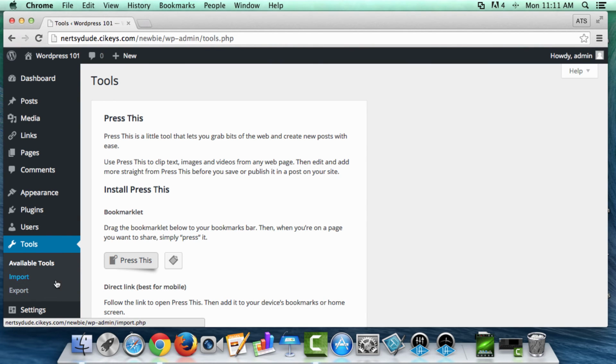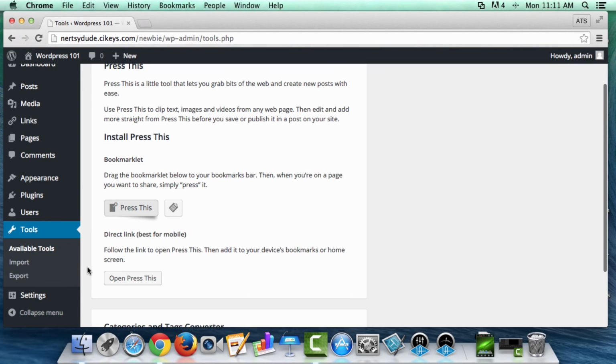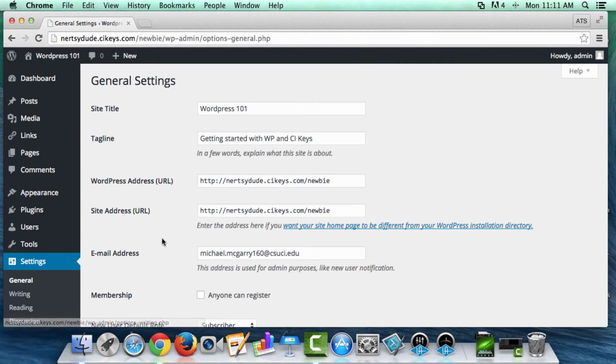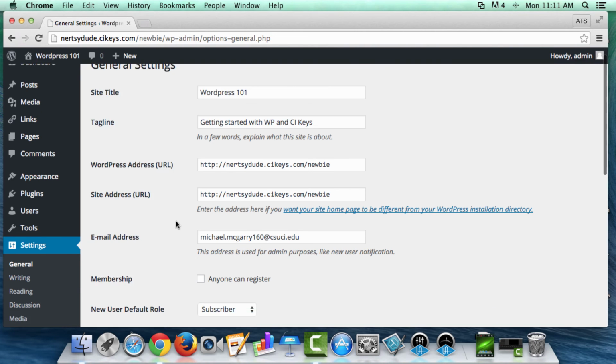The Tools section by default is pretty empty, but as you start adding more plugins from the Plugins menu up here, you'll get more tools to show up. A lot of times the settings will appear there for the plugins, or they'll go under Settings, or they'll get their own tab. But speaking of Settings, now we'll take a look at that, and this is where the general settings for your website live,